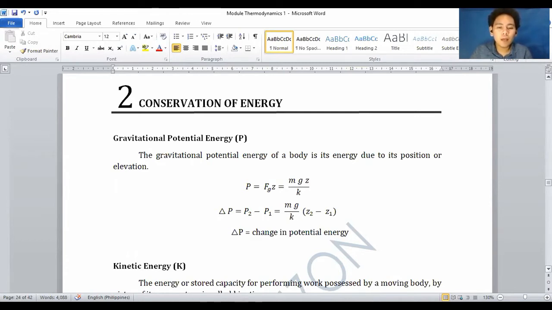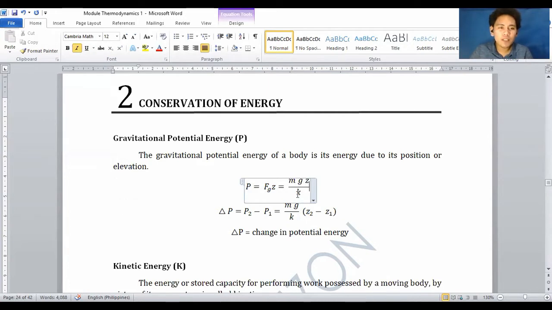Now there are some problems that will state that a certain object has a mass. And if you are looking for the potential energy, even if gravity is not stated, but it is in standard condition, it is always equal to 9.81. So the mass given times 9.81 is its potential energy. Now, this is K,